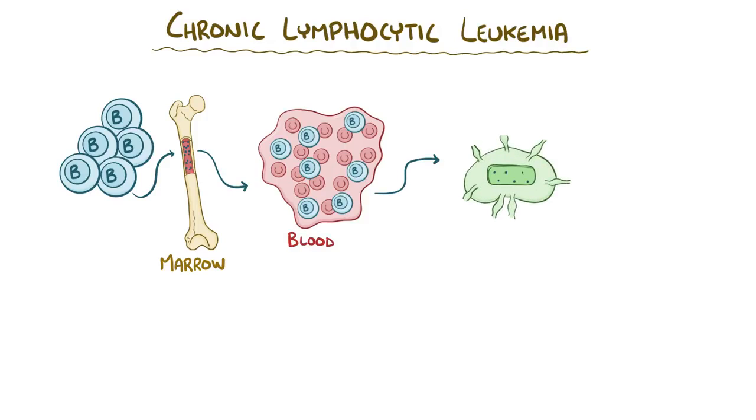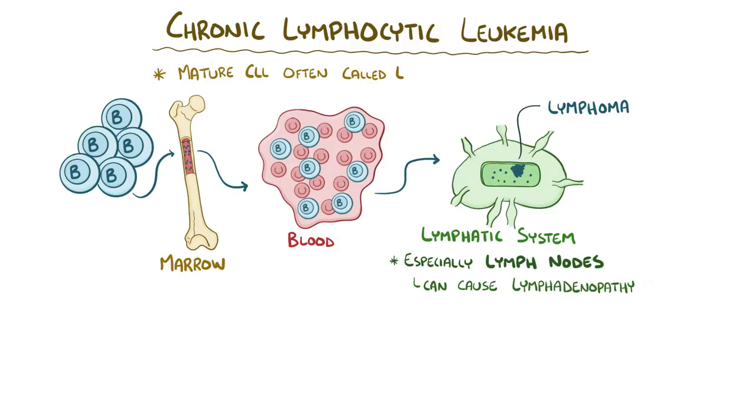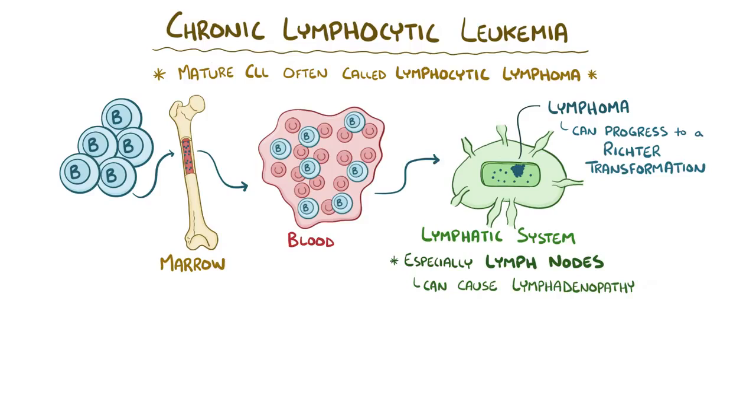Some of these cells then move to the lymphatic system, and although this does include the spleen, the lymph nodes are typically prioritized. This causes swelling of the lymph nodes, or lymphadenopathy. Then eventually, B cells in these nodes will accumulate into distinct masses, or lymphomas, which is why mature CLL is sometimes called small lymphocytic lymphoma. Further progression might take the form of a Richter transformation, where those small, pretty harmless lymphomas collect into sizable masses